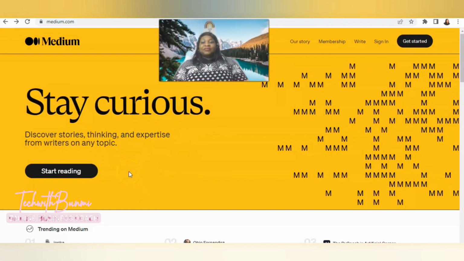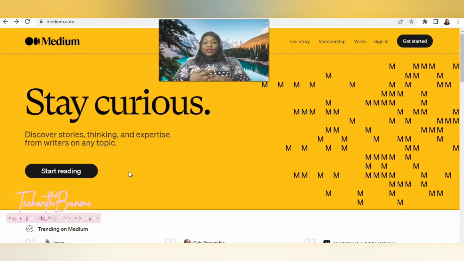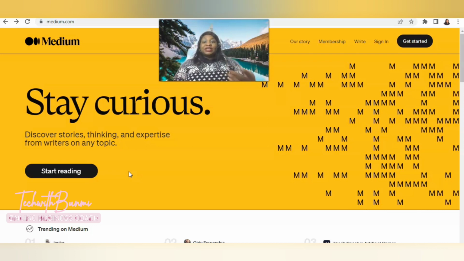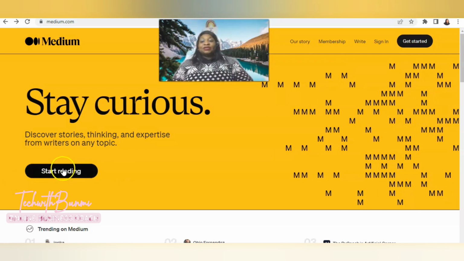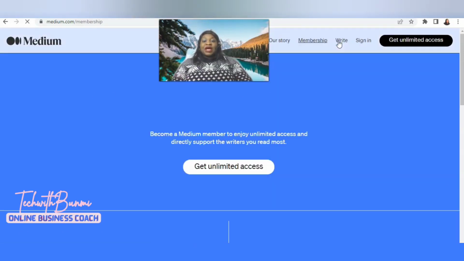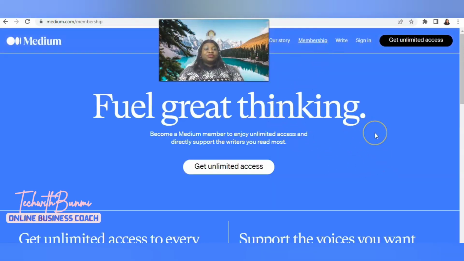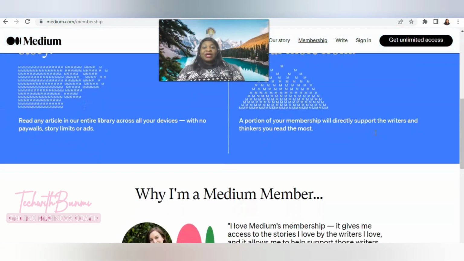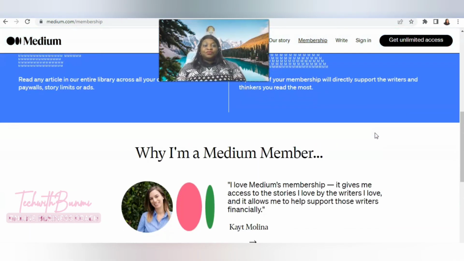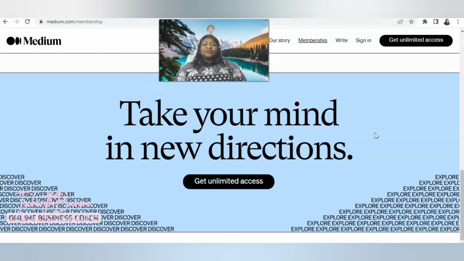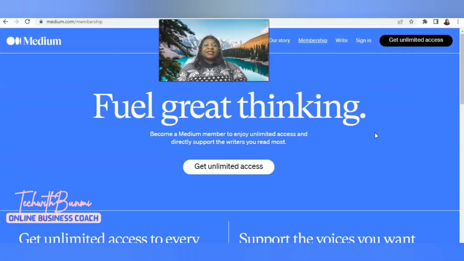Hello tech lovers. This is the platform, medium.com. I'm going to be putting the link in my description box for you to sign up. Thousands of people go to Medium to read articles. So you can start reading articles, you can sign up for their membership. They have a membership, and you can sign up to start reading their books. And basically, you can also start this for free. You can register for free and